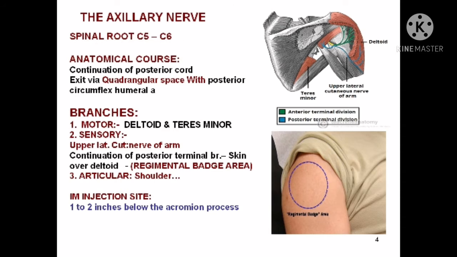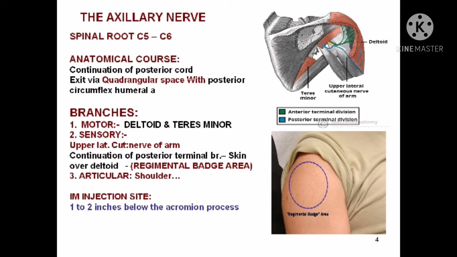The axillary nerve, its spinal root is C5 to C6. Its anatomical course: it is the continuation of the posterior cord of the brachial plexus. It exits via the quadrangular space of the shoulder along with the posterior humeral circumflex artery. The branches are motor and sensory. Motor are for the deltoid and teres minor, and the sensory branch is the upper lateral cutaneous nerve of the